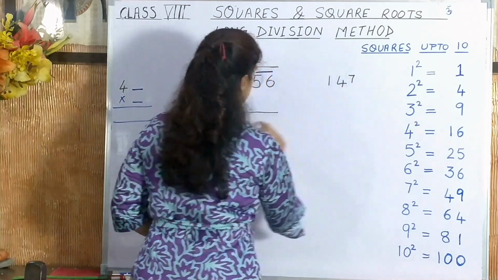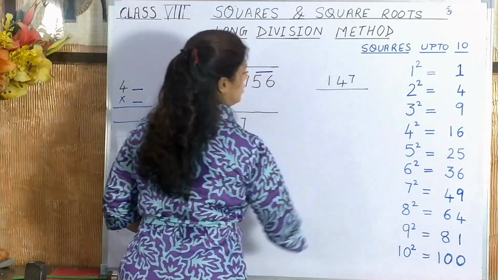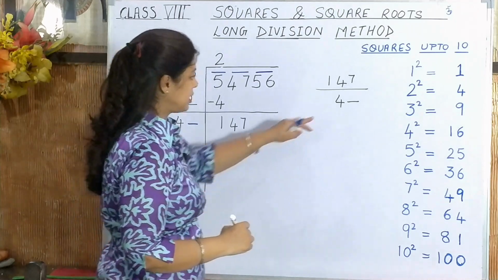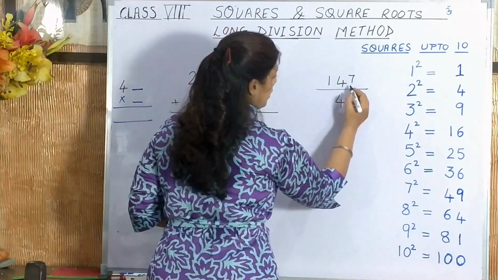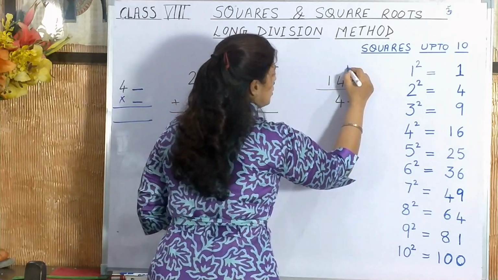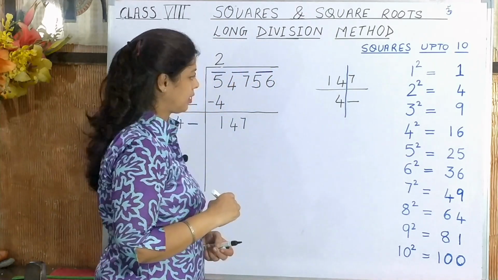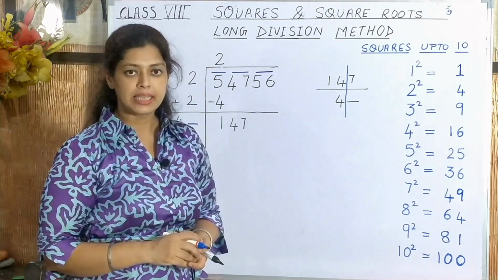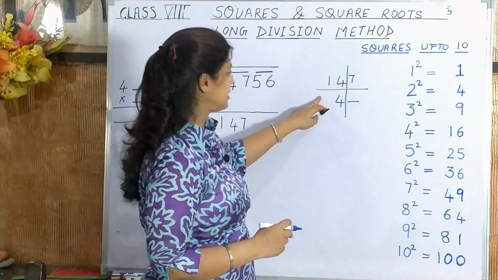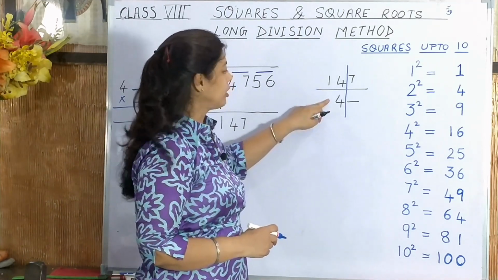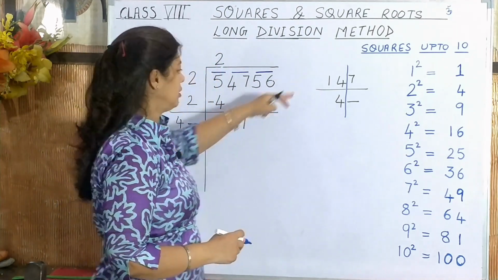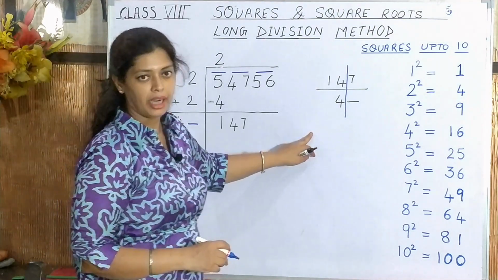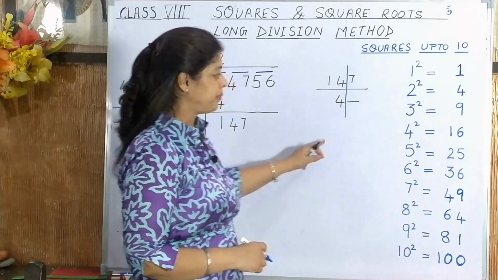In order to find this number, there is an easy approximate division method which I'll show. I write 147 in the numerator and I write 4 and this missing number in the denominator. Now since I don't know this number, I leave the units place number in the numerator as well. Now I have to see how many times 4 will go in 14. 4 3s is 12 and 4 4s is 16. 16 is greater than 14. So that means 4 can go maximum 3 times in 14. So I can take the missing number as 3. Otherwise I have to keep on multiplying and do the hit and trial method, which takes a long time.